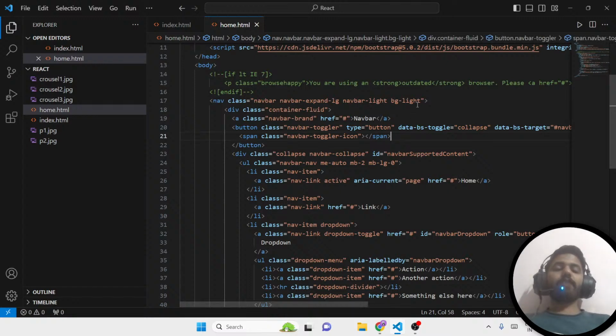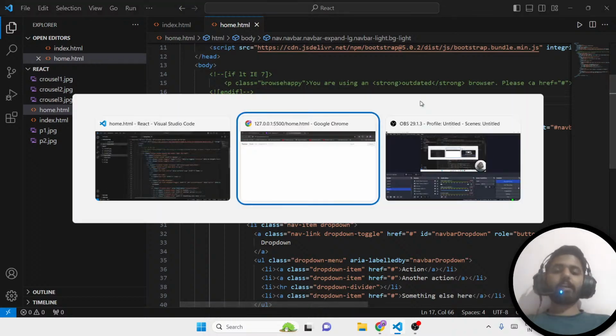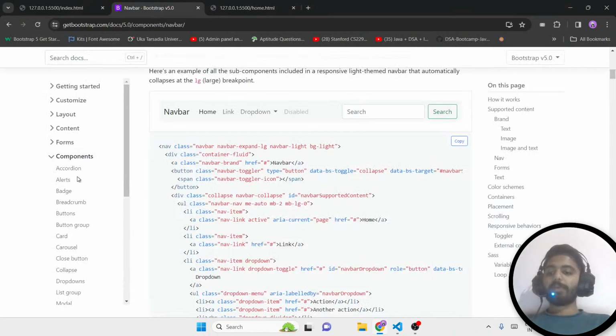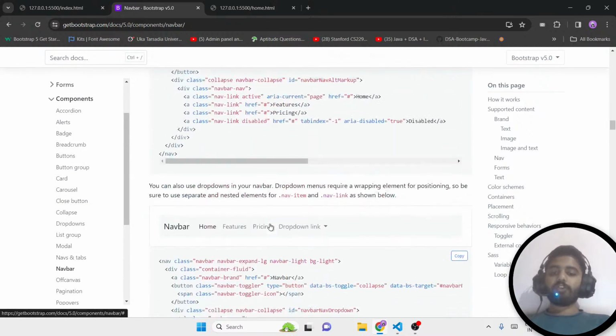So from where you can change the color. If you observe over here, these are two classes which control the colors of your fonts and your background. So this bg-light provides you with the light background. If you go onto the Bootstrap and you scroll down,